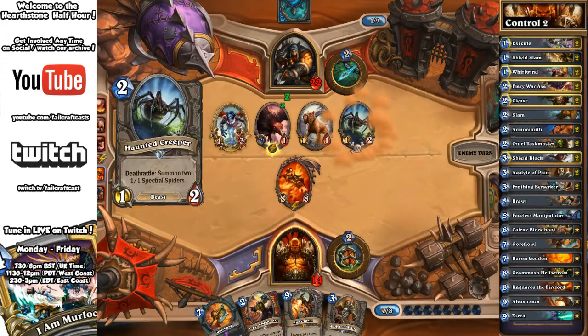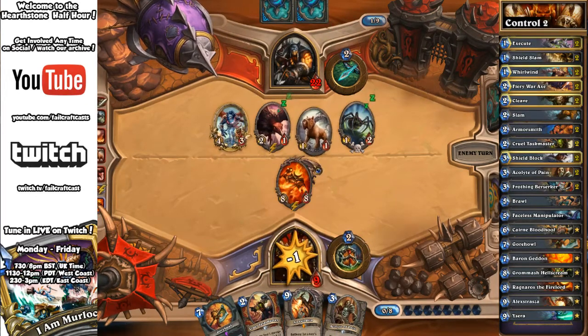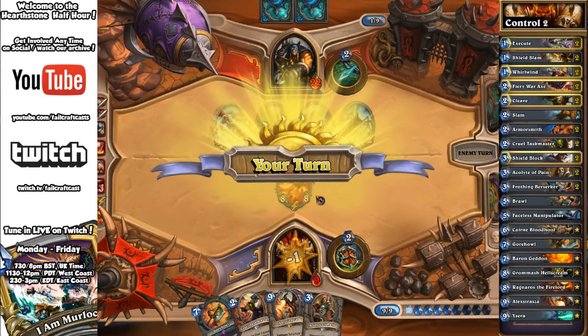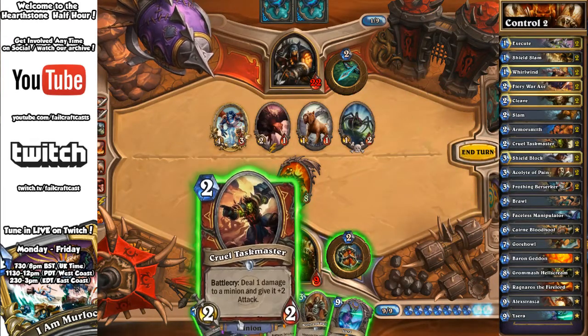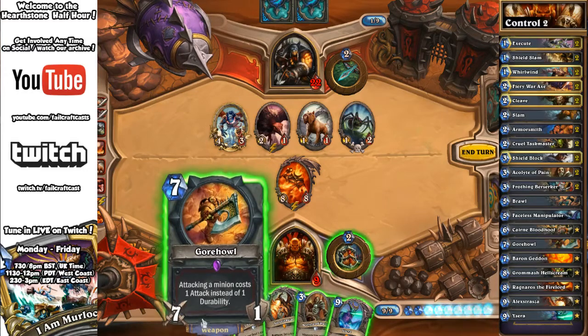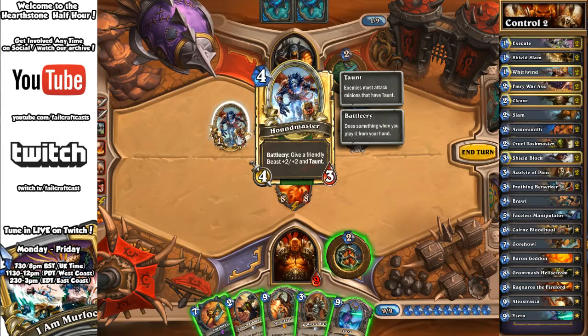Haunted Creeper go down. That's a beast. Gives him more card draw. So at this stage he's filled the board and he's just tipping me away. So I need a solution. Now I can remove 1 with the Taskmaster. I can remove 2 with Gorehowl. Gorehowl is a very risky play because